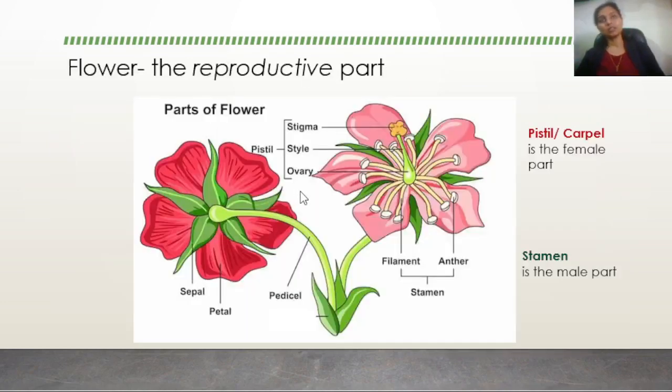Coming back to the structure of the flower, as we have seen, the stamen is made up of the filament and the anther. The anther of the flower actually has 2 or 3 lobe-like structures, and it is filled with a powdery yellowish substance.